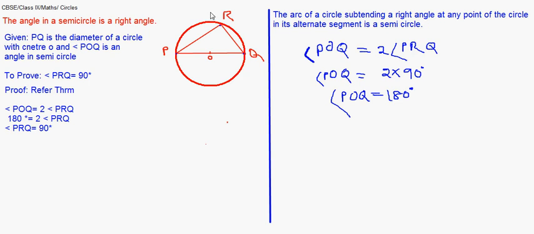We move on with another theorem. It reads: angles in the same segment of a circle are equal. This is quite helpful to solve questions based on these theorems. It is applicable to almost every question based on these theorems, or based on the arcs and their angles subtended. I draw